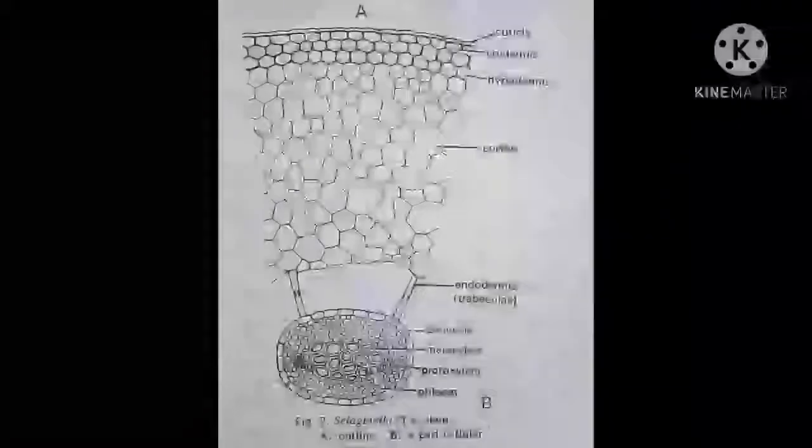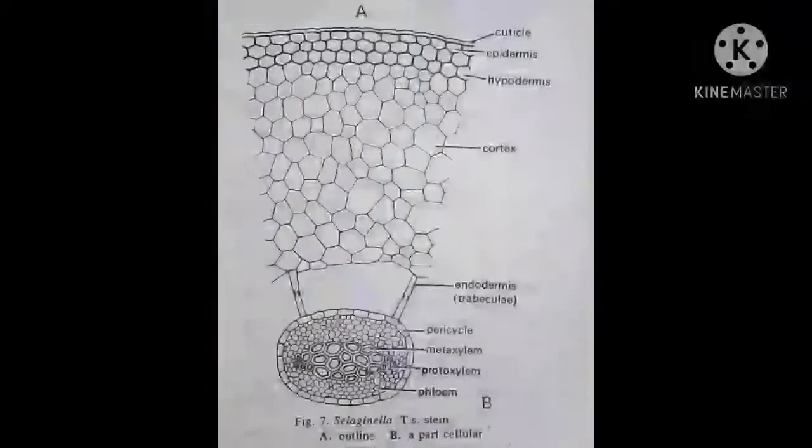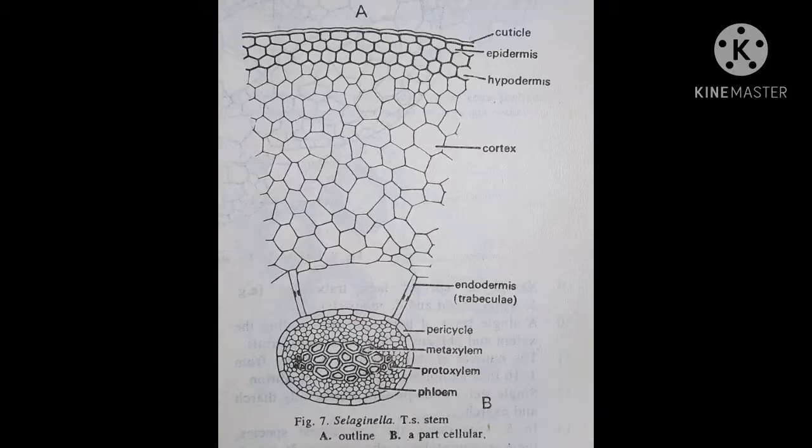Now we will see the anatomy of stem. The anatomy of stem can be studied by taking a transverse section and staining the section with safranin and fast green. A double stain combination can be used for better differentiation. The outline of the section is slightly wavy, and from outside to center the section shows epidermis, cortex and stele at the center.